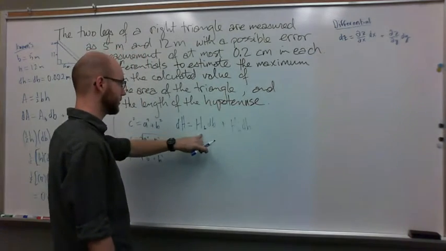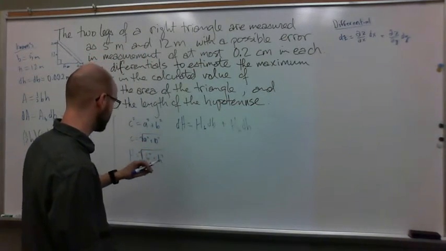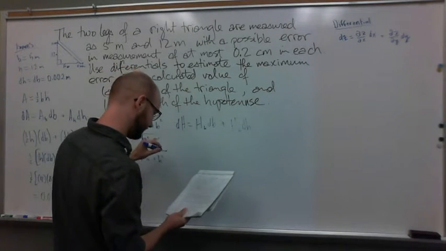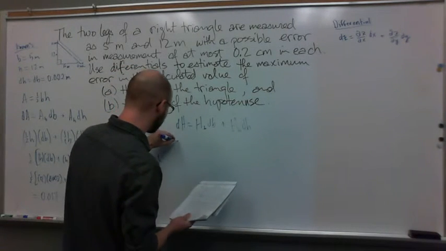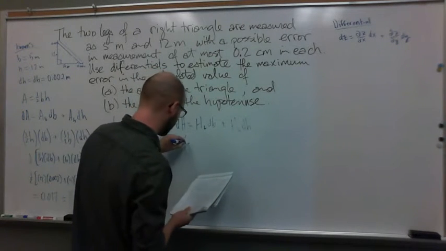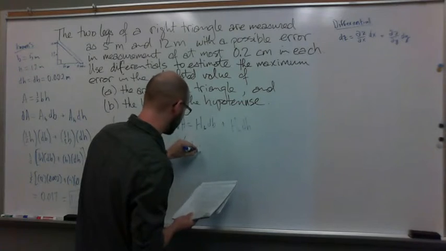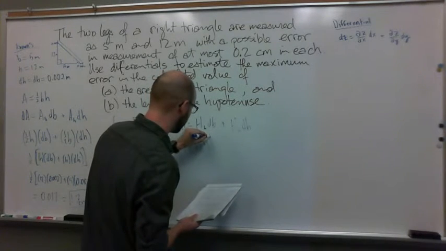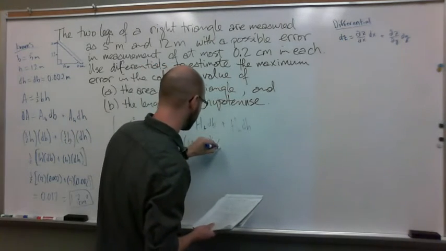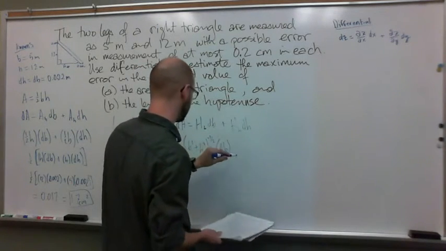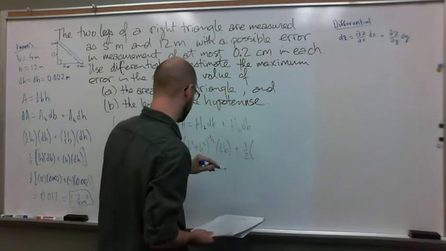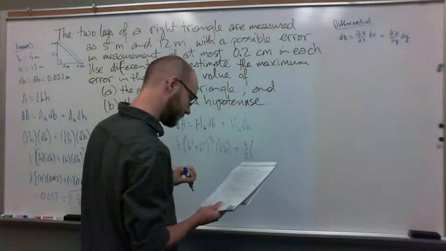Now the partial derivative of H with respect to the base is going to be 1/2 times base squared plus the height squared to the power of -1/2, and then times that by db, and that's going to be plus, very similar, 1/2 times